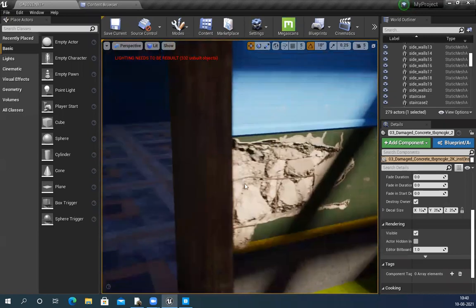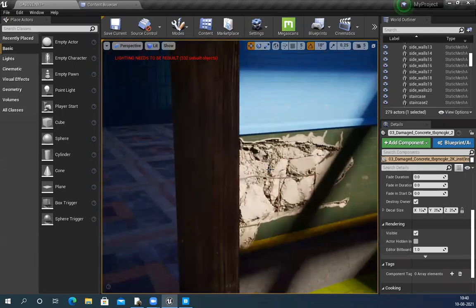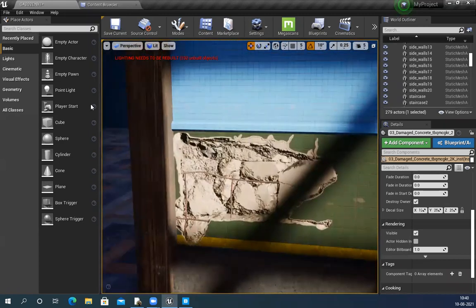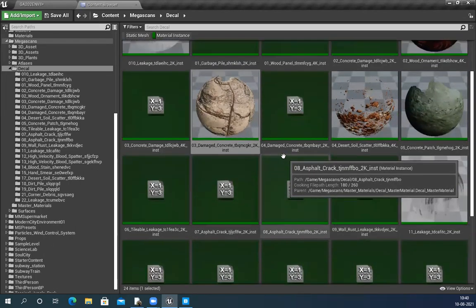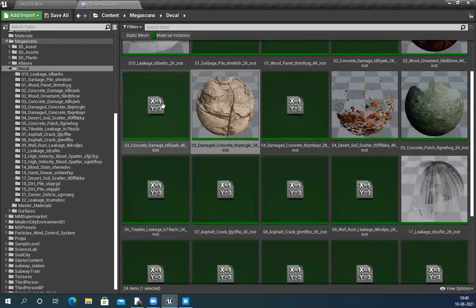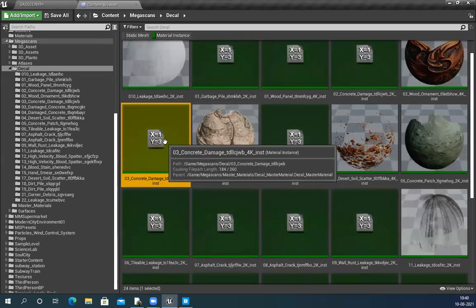I don't have to create this texture manually, and it's a scan texture, so I can generate this very easily here. Similarly, let's see some concrete, some more damage.